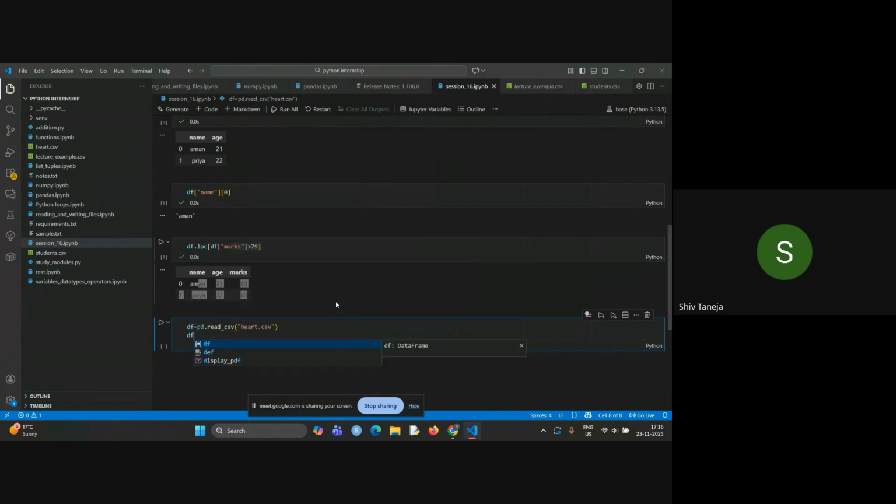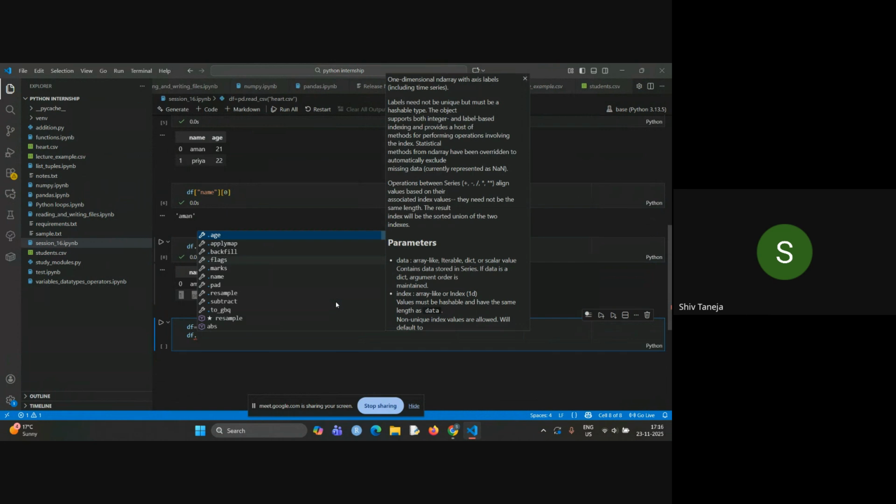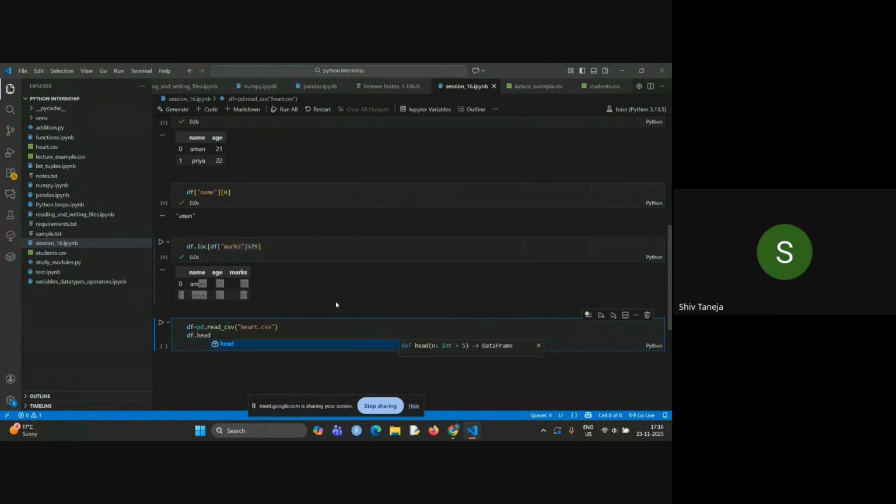now there's one more thing. Suppose you access some large data set. Okay, this heart.csv is a huge data set, and you just want to get the gist of it. Okay, like what does it contain. So you can use df. There's a function called head. What this function does is it will return the first five values of the data set. So you will get the idea of what kind of values and what kind of columns and what kind of data is in this file. Okay,